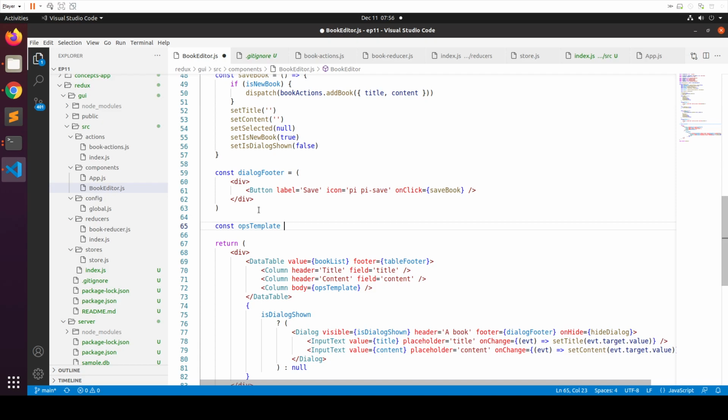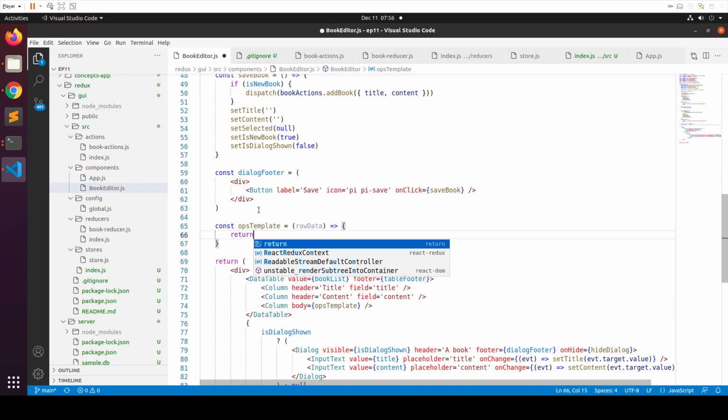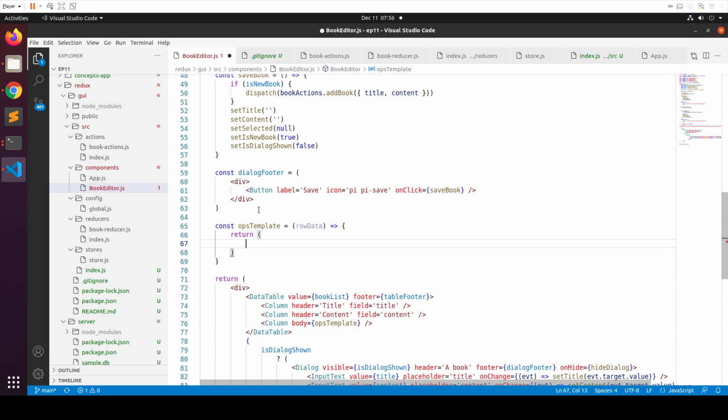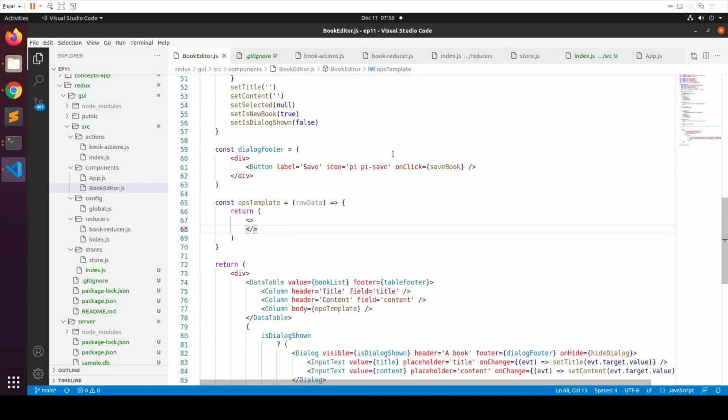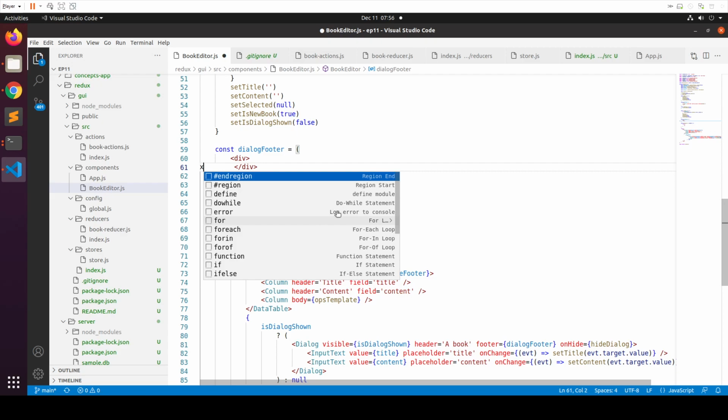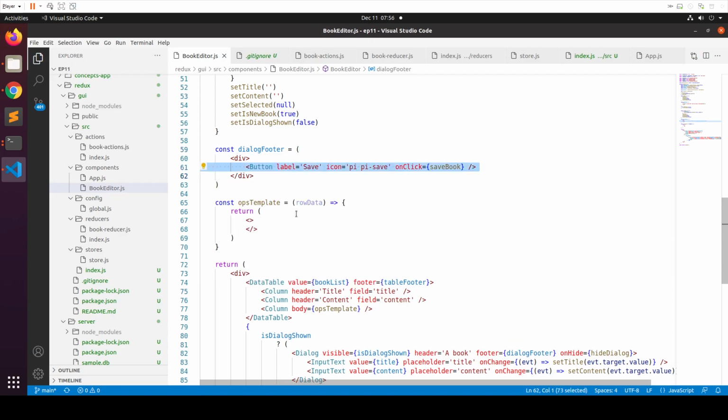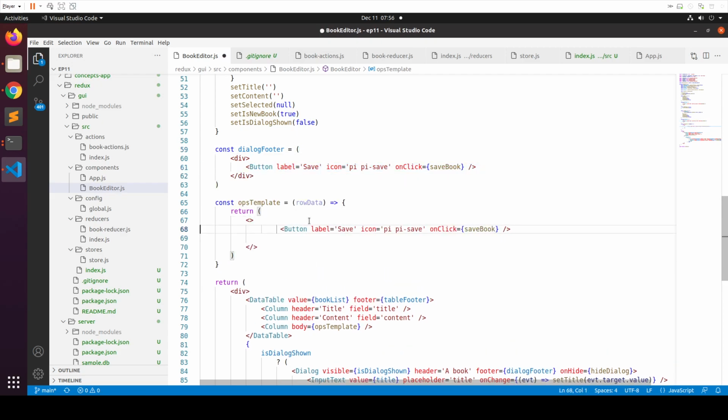It can be JSX or it can be a function which returns JSX. And in this case, since we want to have something which is dependent on the value of the row, it's going to be a function which returns the JSX. So it's a function of row data. Return something. And this is going to return a couple of buttons. Let's just get a button from somewhere. This is a good button, and modify them. So my first button is going to be delete,